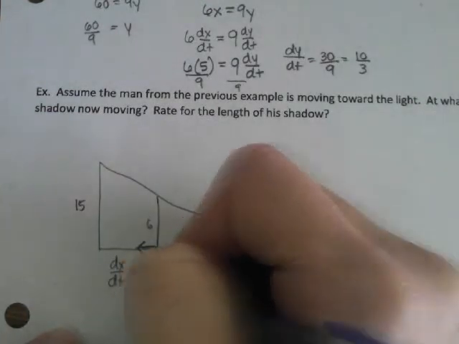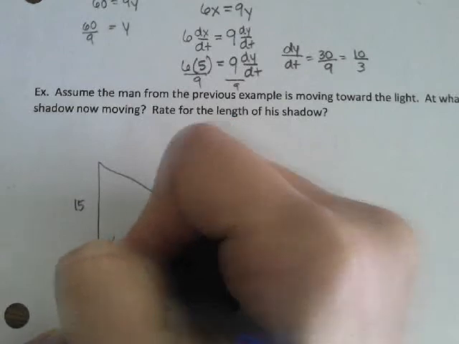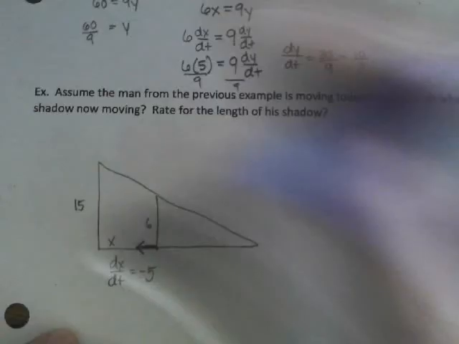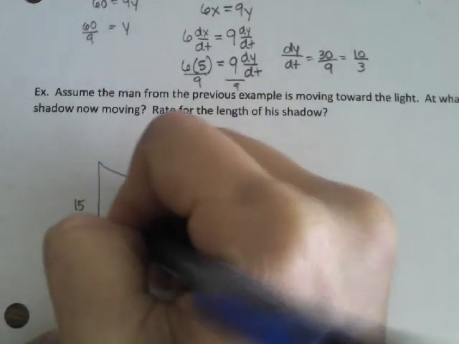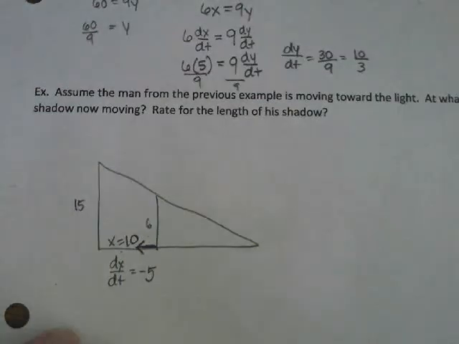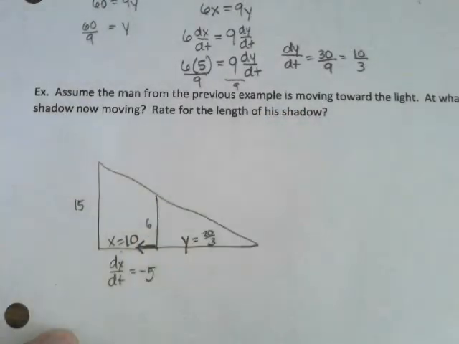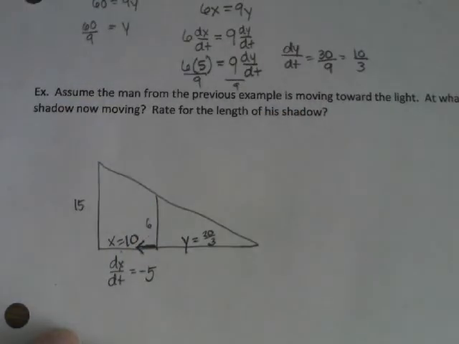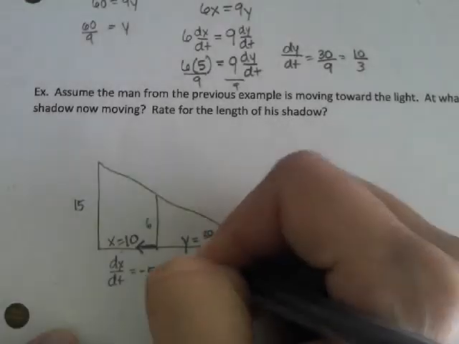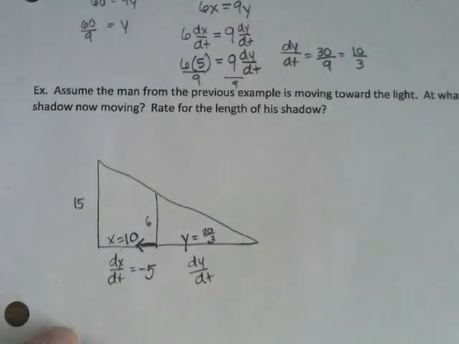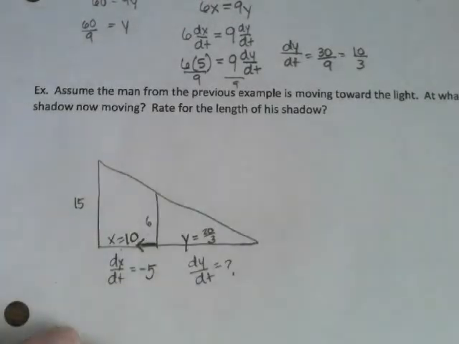And we're still looking for, at the moment that he's 10 feet away, so our y coordinate is still 20/3. And we're searching for dy/dt. And then we'll answer the questions in a minute, but